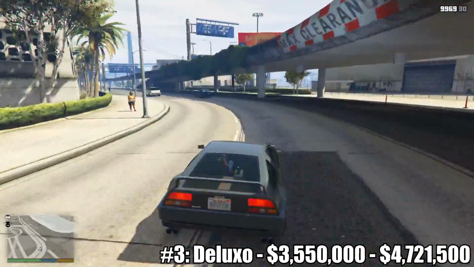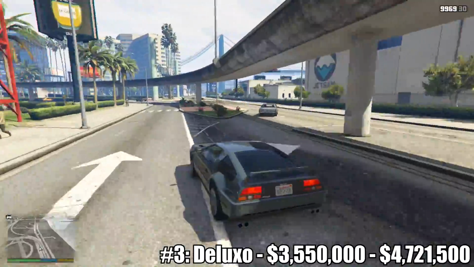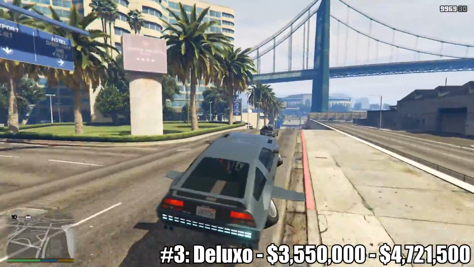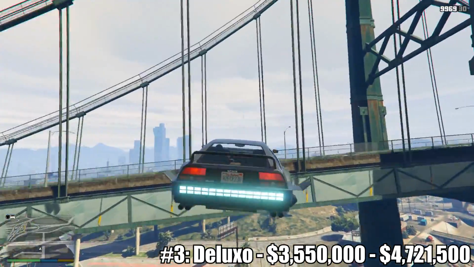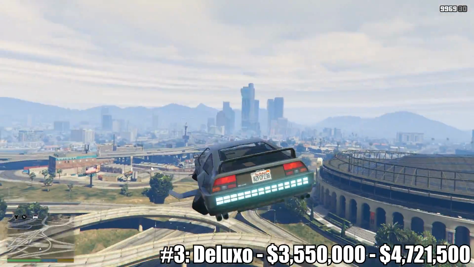In 3rd place, we have one of my favourite special vehicles available in GTA Online, this of course being the Imponte Deluxo, which was only released back in December of 2017 in the Doomsday Heist update. This car has a buy it now price of $4,721,500, but of course you can unlock its trade price by completing the associated heist mission, which gives it a trade price of